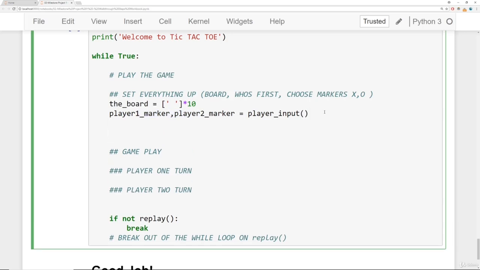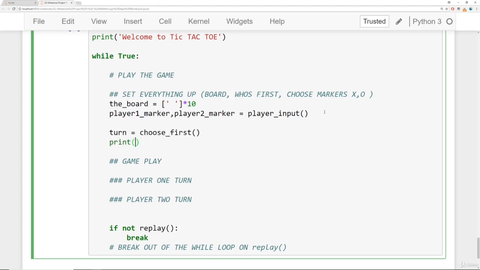Then we need to choose who goes first. So I'm going to say turn is equal to the function call, choose first. Remember that was basically that coin flip function. And then let's print out a little report. We'll say turn